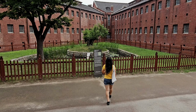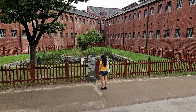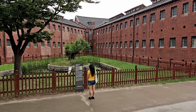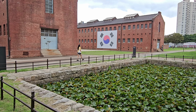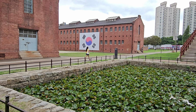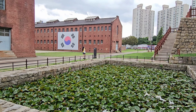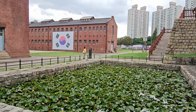As we step outside into the courtyard, the air feels different, less heavy, more open. The area around us was once a place where prisoners were held in isolation, but now it's a reminder of Korea's fight for independence. In the center of the courtyard, a massive Korean flag proudly hangs on the wall, symbolizing